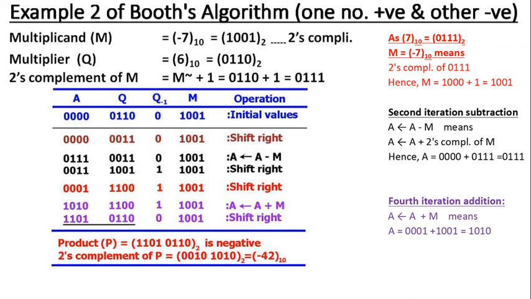Of course, in case of this particular multiplication example, it is not necessary that only the first number be negative and the second positive. You can interchange. Multiplicand can be plus 7, multiplier can be minus 6. You carry on those corresponding iterations, 4 iterations, and ultimately the product will remain the same. Similarly, one extreme example you can carry out on your own, that is example number 3, where both the numbers are negative. Multiplicand is minus 7, multiplier also minus 6.